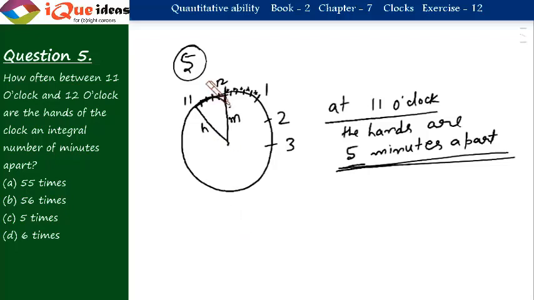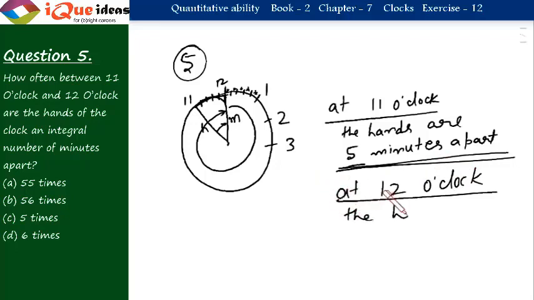This minute hand will take one complete round, and this hour hand will just go from here to here. The minute hand will take one full round, and the hour hand will go just from 11 to 12. Now, during this period, what is going to happen? We know that one complete round for the minute hand is equivalent to 60 minutes. When they are together at 12 o'clock,